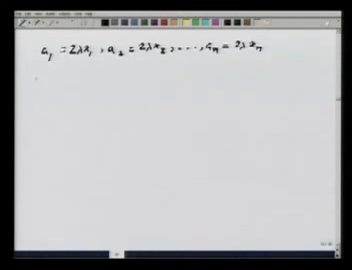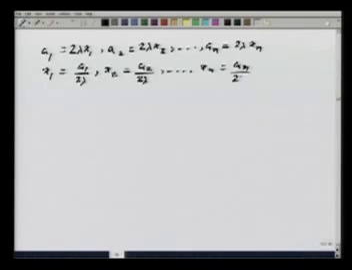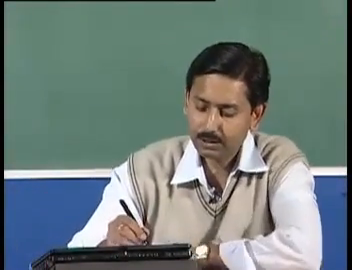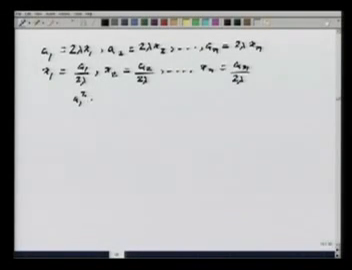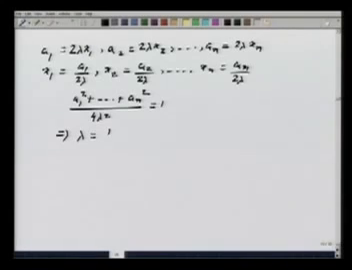Once I have this, I know then that x1 equals a1 by 2 lambda, x2 equals a2 by 2 lambda, up to xn equals an by 2 lambda. Now since summation xi square equals 1, that is x1, x2, xn lies on the sphere, I get that a1 square plus up to an square divided by 4 lambda square equals 1. Okay, I am just squaring and adding. So this gives me the value of lambda. I get that lambda equals plus minus